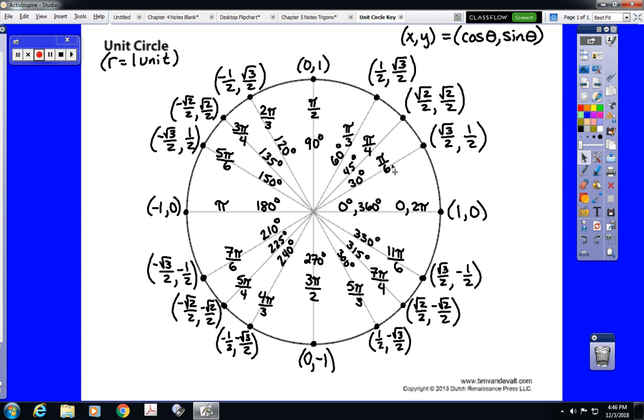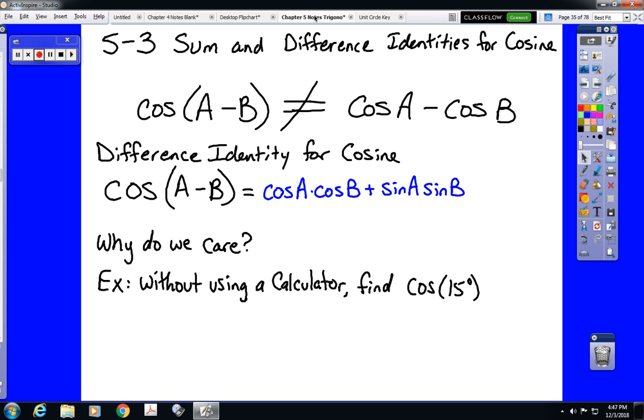So you see each line is labeled in both radians and degrees. We know, based on this reference item, the cosine and sine of every single one of these angles that's listed. For instance, the cosine of 45 degrees is root 2 over 2, because that's the first coordinate in that point. The sine of 120 degrees is root 3 over 2 because that's the second coordinate in that point. So if we know all of these angles and we know these rules about the cosine difference identity, then